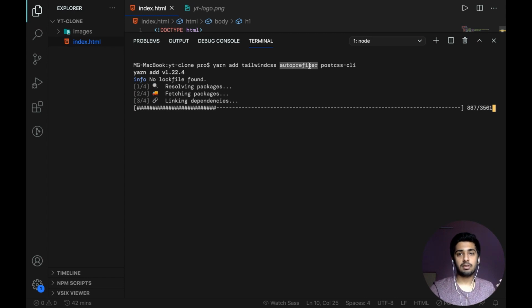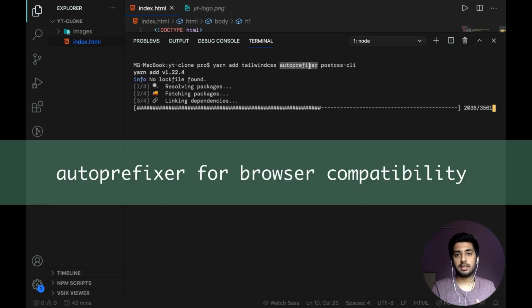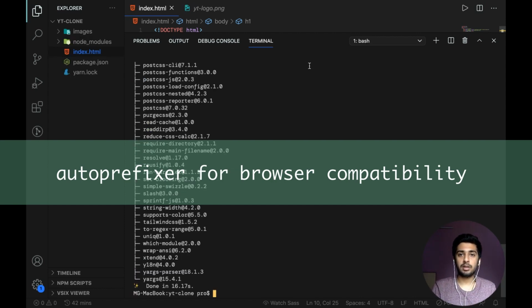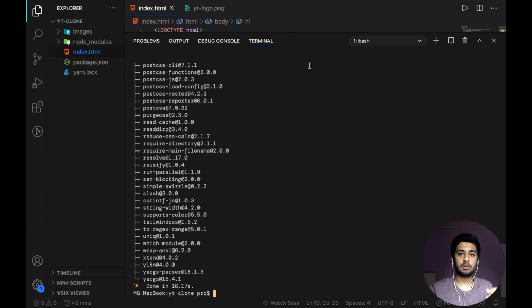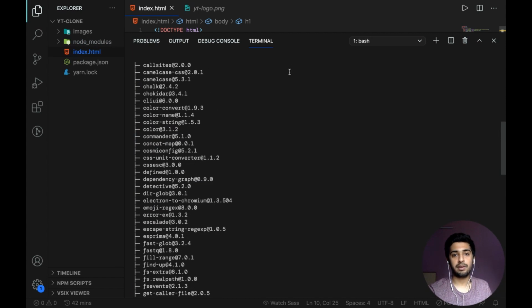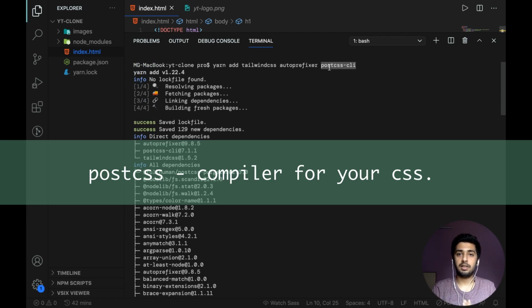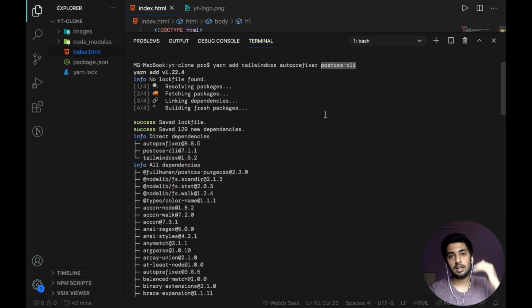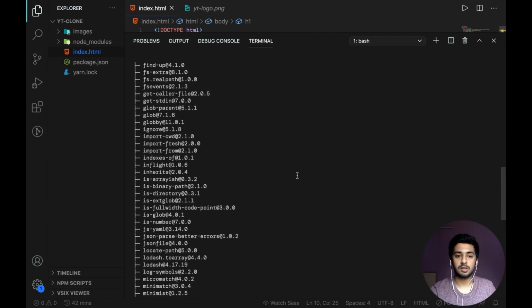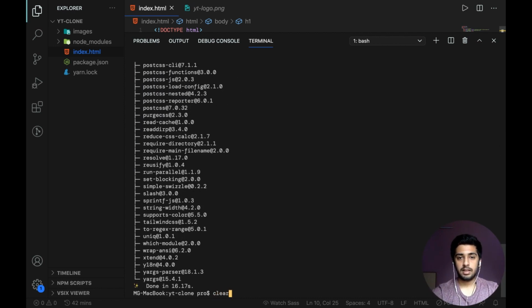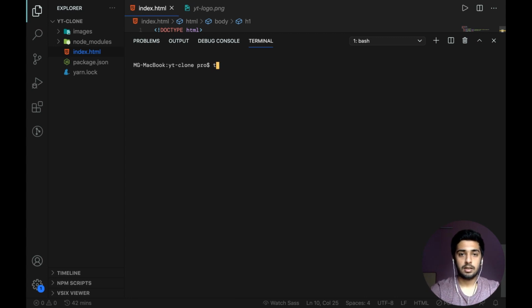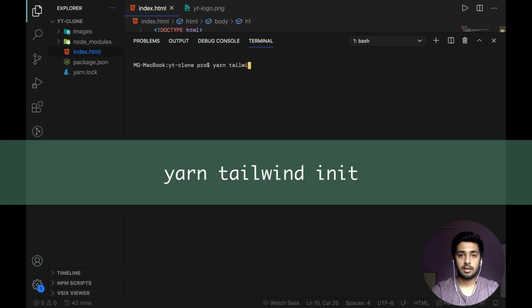Autoprefixer basically adds vendor prefixes to your code, which is like -webkit- CSS properties or something like that, because not all browsers support all the CSS properties. So you need to add in the vendor prefixes, and Autoprefixer does that for you. And what PostCSS does for you is basically it processes and compiles your CSS. Whatever plugins you tell it to use, it's going to go through them in that same process and basically run the processes for you. So let's clear this up, and now we have to run a command called yarn tailwind